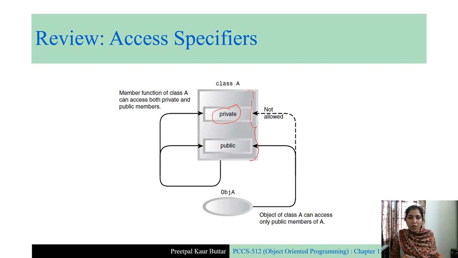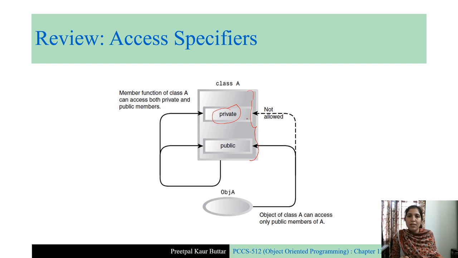Here we have created an object of class A. So this object is located outside this class A. What do you think this object can access? This object cannot access the private members. Why?